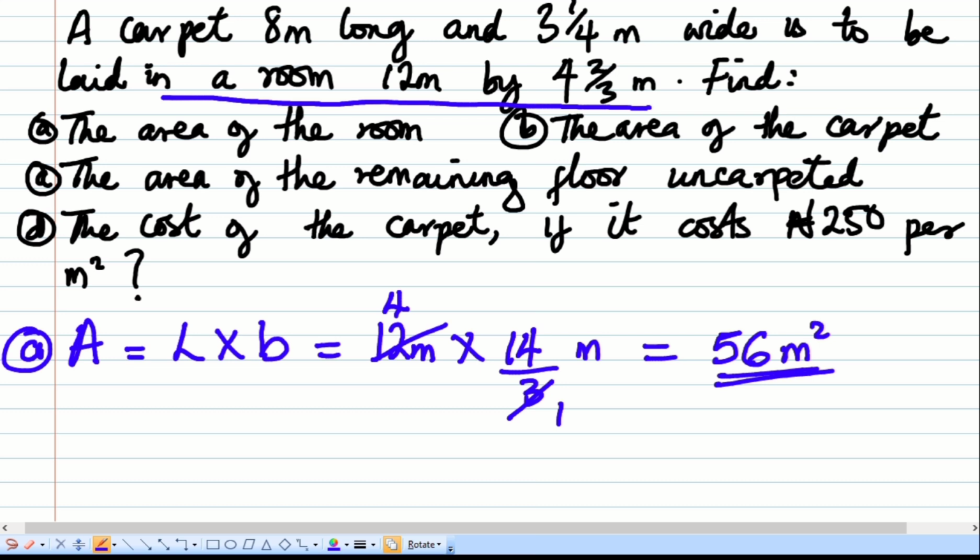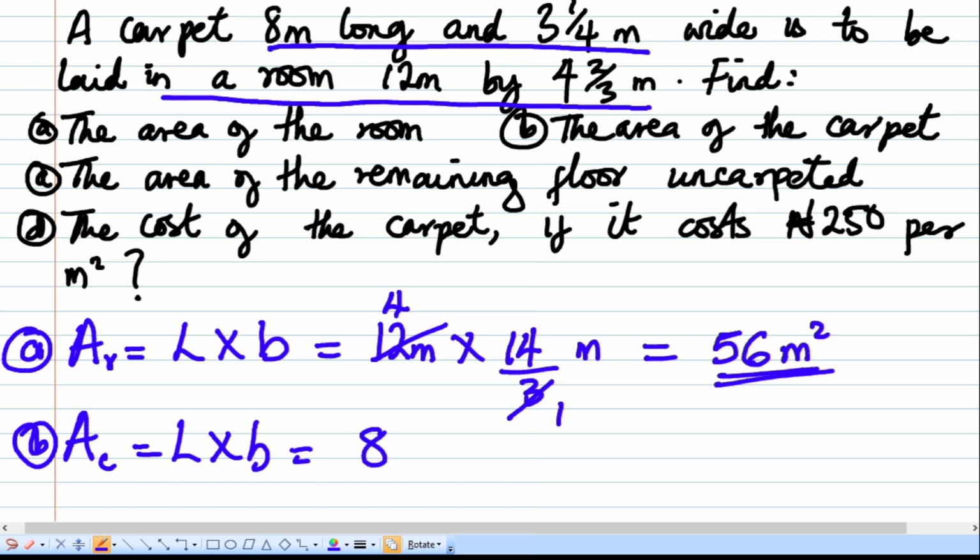That's the first question there. B, the area of the carpet. So let's call this AR for area of room. So area of carpet, AC, would be, the carpet is 8 meter long. So we have length times breadth again. Length is 8 meter. Remember, look at these points. So you have 8 meter times the breadth,